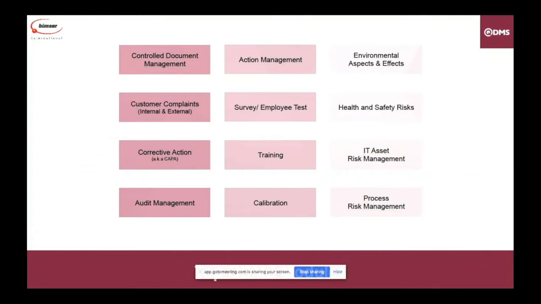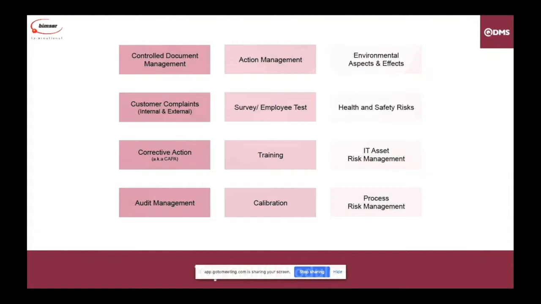Next, I will show you the list of some top QDMS modules. Starting from the top left, we have the Control Document Management module, which is the core of QDMS. In this module, users can manipulate documents however they want. And this includes the ability to create, review, revise, distribute, or delete the documents. Each task, activity, or project involved in this document can also be monitored thanks to the workflow capabilities involved in